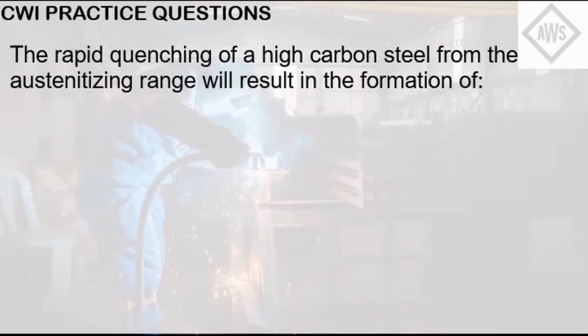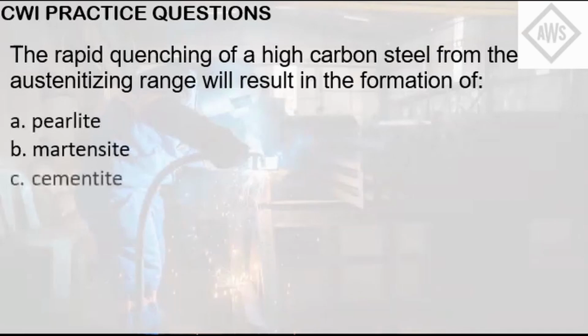The rapid quenching of a high carbon steel from the austenitizing range will result in the formation of letter A, pearlite, letter B, martensite, letter C, cementite, letter D, ferrite, letter E, austenite. Very rapid cooling or quenching takes place when there are significant changes in the transformation of a given steel alloy, and if that steel has high enough carbon, martensite will be formed. Hence the answer here, letter B,